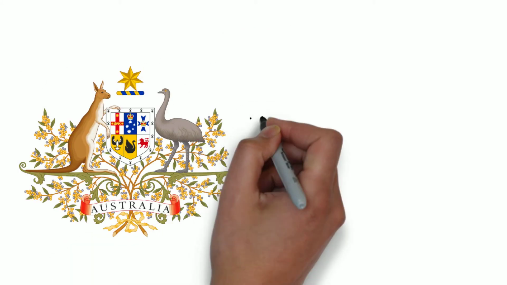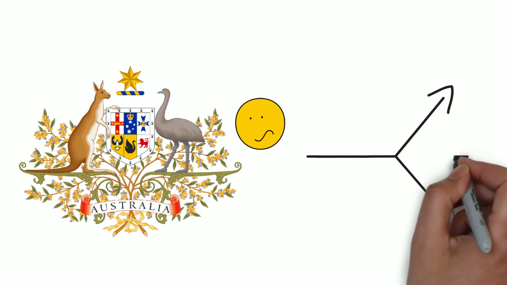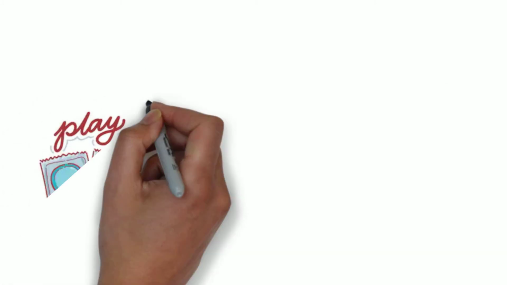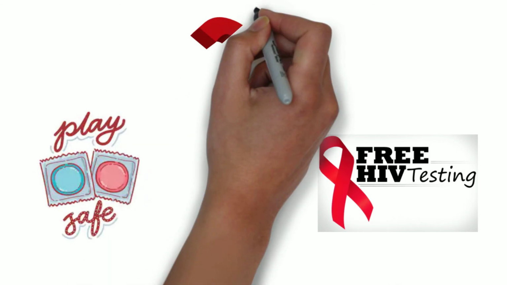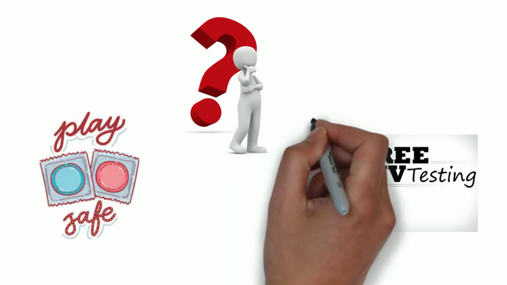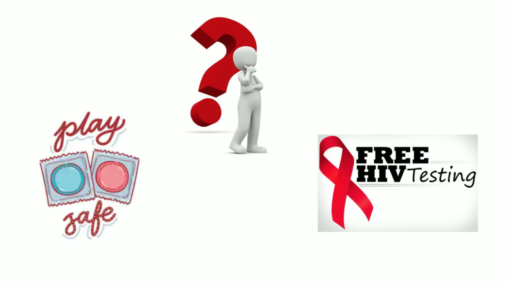Although it is difficult to intervene from the government level, there are still many alternative approaches. For example, promoting condom use and free testing in universities. However, if people lack basic knowledge and are unaware of the hazards of HIV, they might not use these products